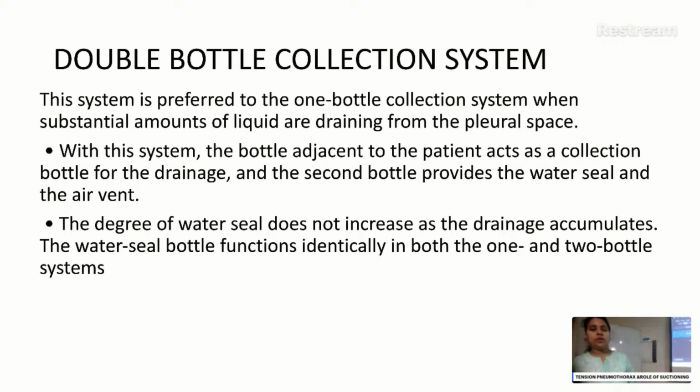Second is the double bottle collection system. In the double bottle collection system, there are two bottles. The first bottle will act as a collection bottle for the drainage, and the second bottle will provide the water seal for the air vent. If we want, we can attach the suction system also to the second bottle of the double bottle system, and the degree of water seal will not increase as the drainage accumulates, because there are